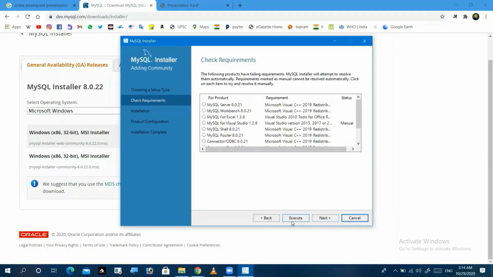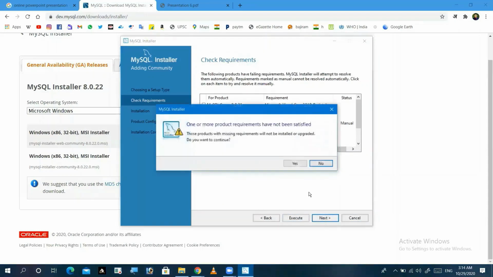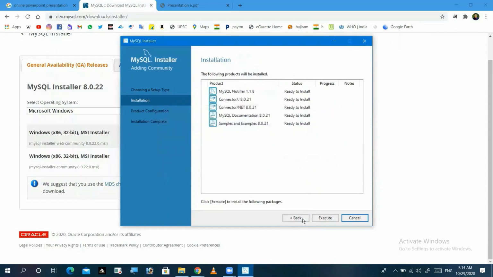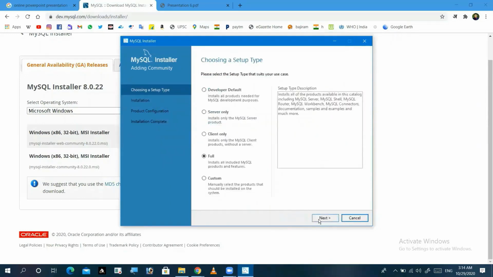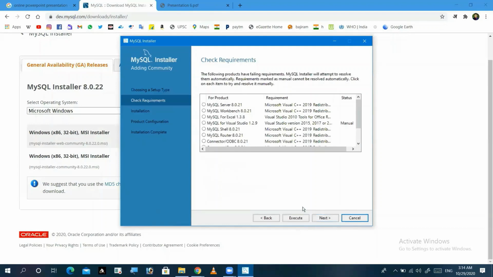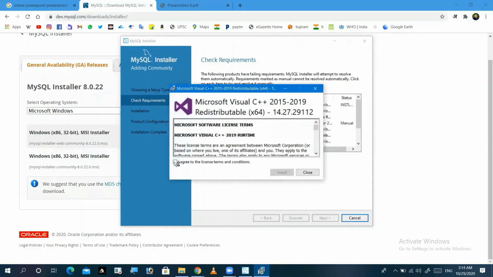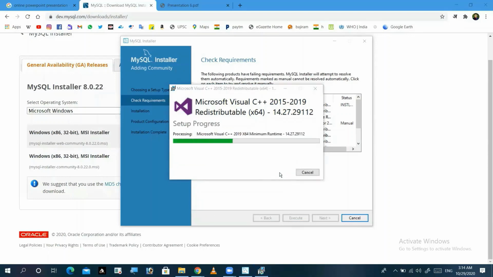After this, just click on next, yes. Okay, just go back, click on next, execute all those things. It takes approximately 1 minute, guys, and just yes. Make sure you have downloaded the MySQL version, guys. Just install, close.